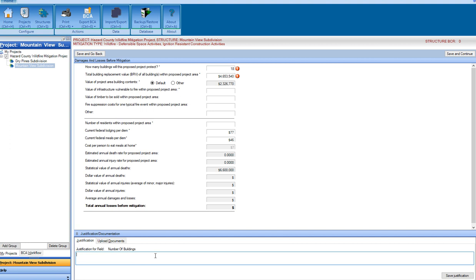I'm going to say that subdivision, not neighborhood. A project area map